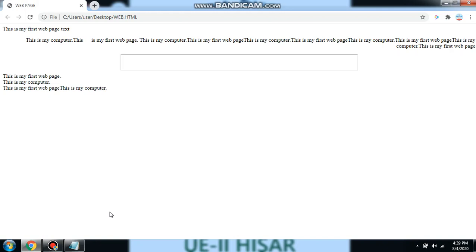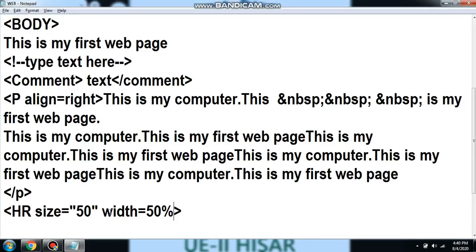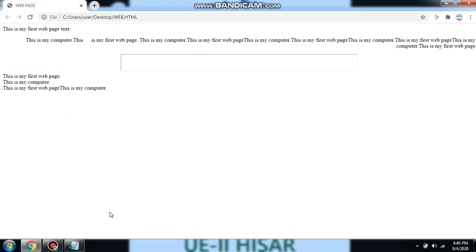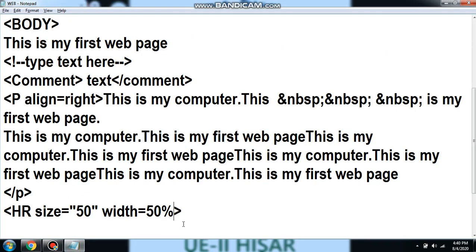That's why it is showing in center. Although I have not mentioned any alignment, it is coming in center. So you can see the difference. Is it clear? Size and width. Width is this way and size is this way. So don't get confused between size and width.